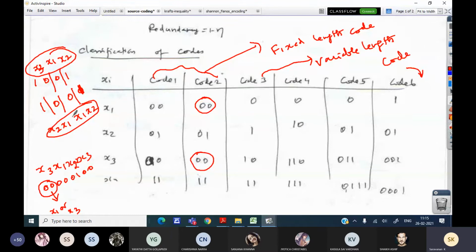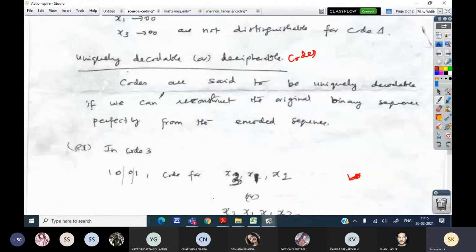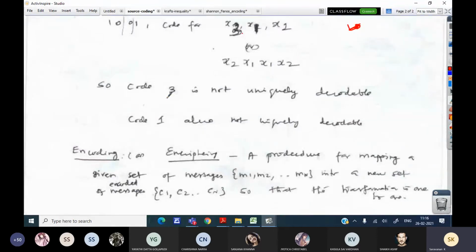So it is not uniquely decodable. We have to reconstruct the original binary sequence perfectly from the encoded sequence. When this is 1001, the receiver may decode it as x3, x1, x2 or x2, x1, x1, x2. So code 3 is not uniquely decodable.